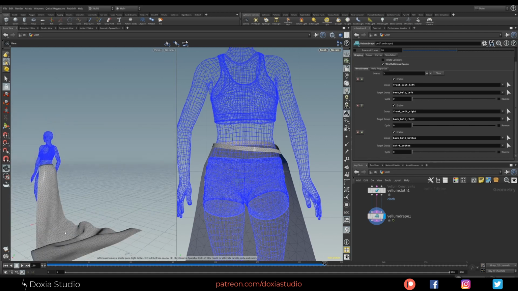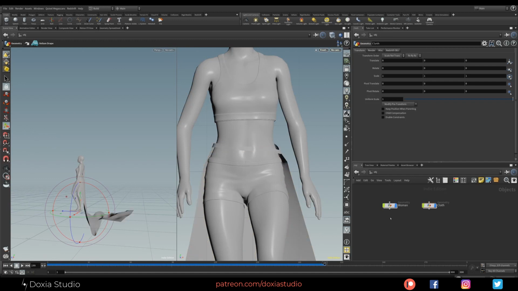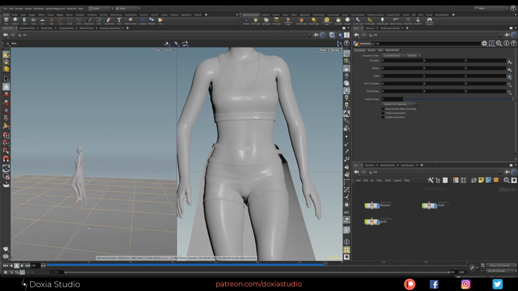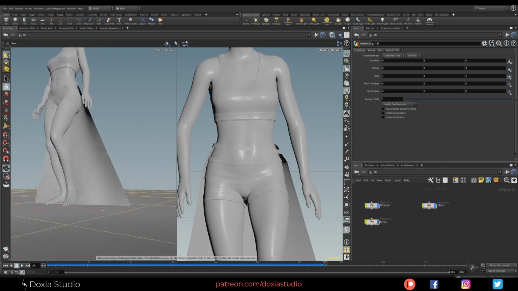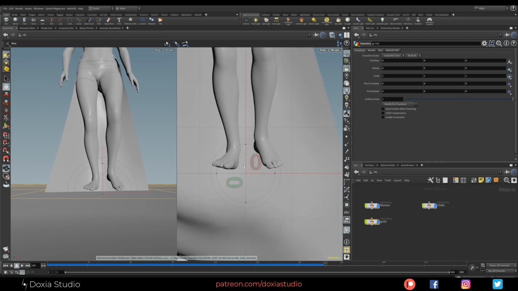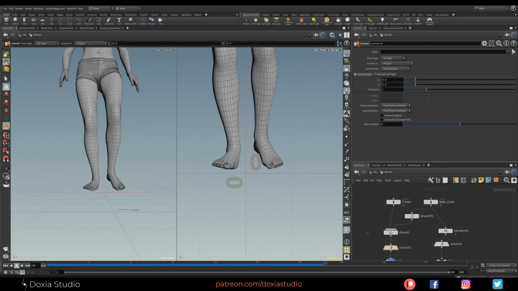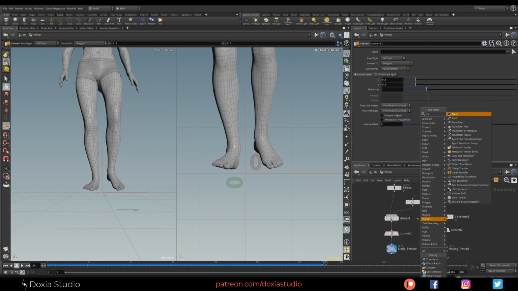Okay, so this is a problem. We need to fix this. It's easy. Just place a grid. Okay, now we have a floor. I know there is a problem with Mixamo. As you can see, our feet is not on the floor. So let's place a transform.